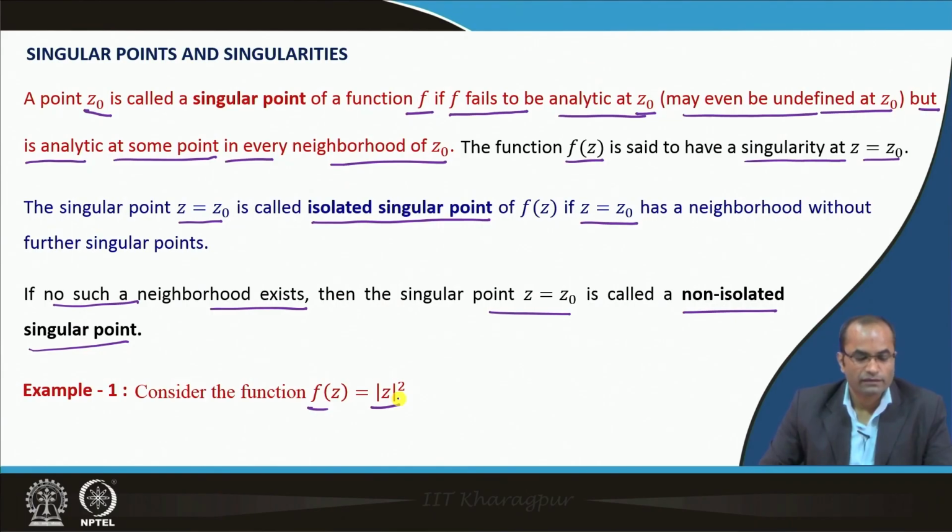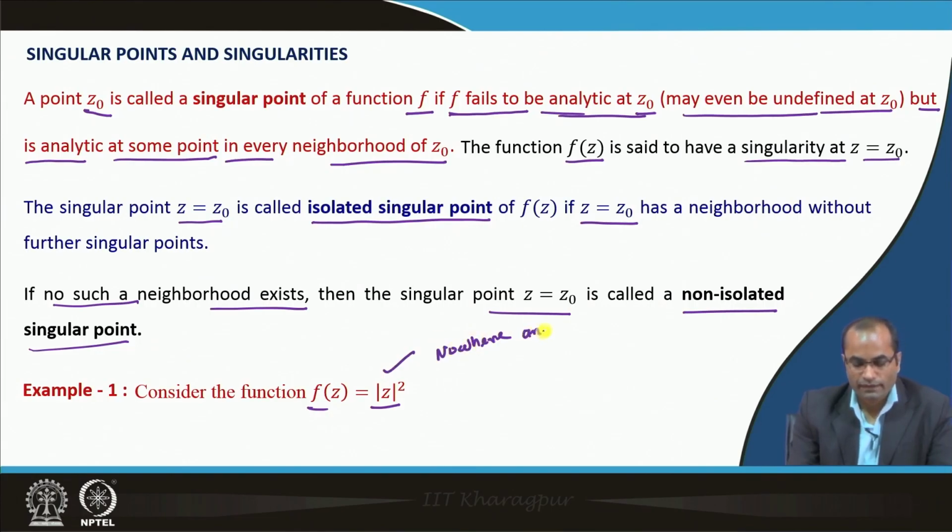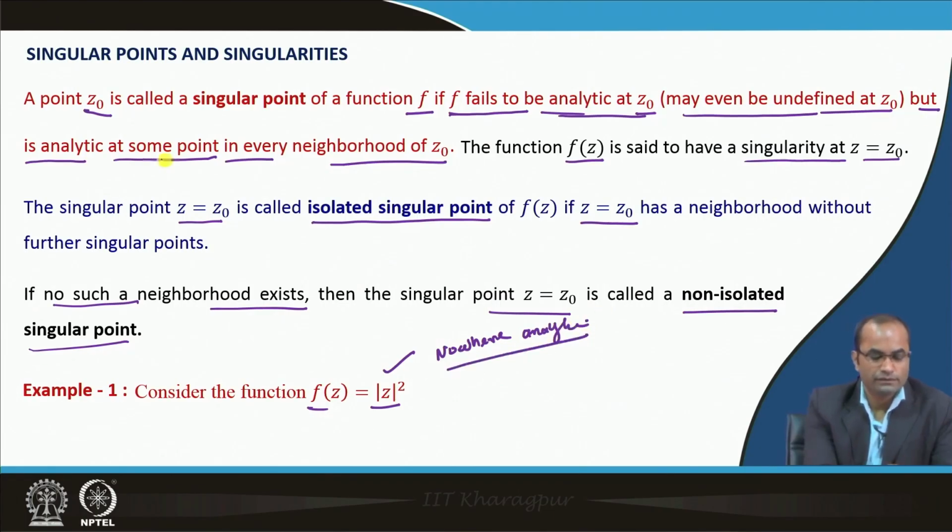So what can we say about the singular point? Naturally f fails to be analytic at every point, but there is no singular point for this function, because it is nowhere analytic,